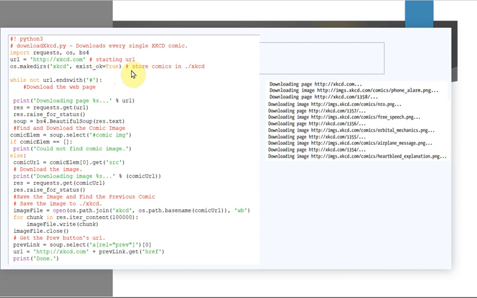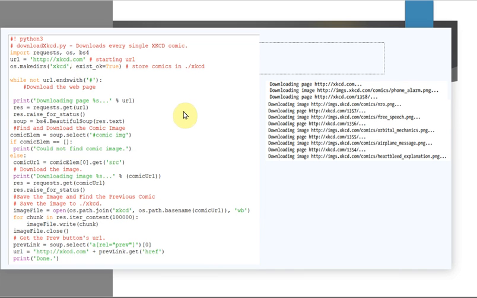So this is the first step they have given in your textbook. What you're doing in the first step: first of all, import the modules you require, that is requests, os and bs4. Then you are giving the URL to the URL variable, that is xkcd.com.